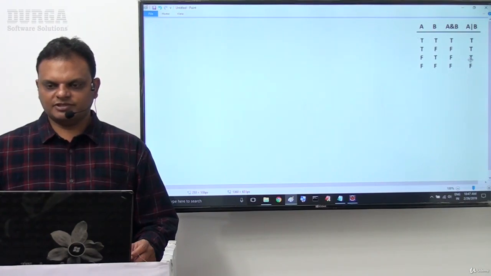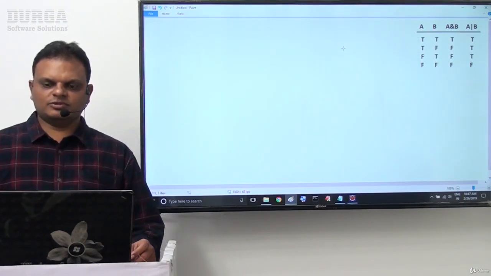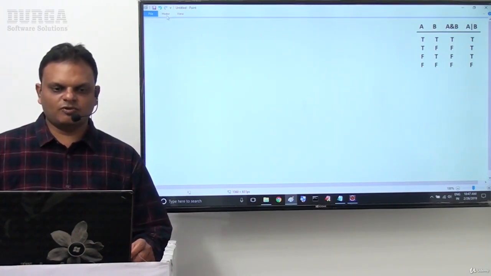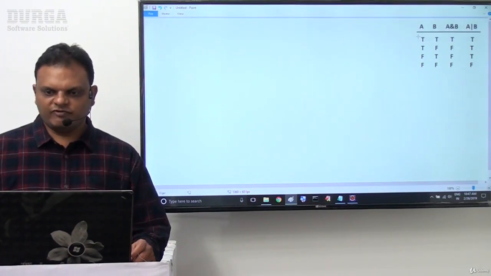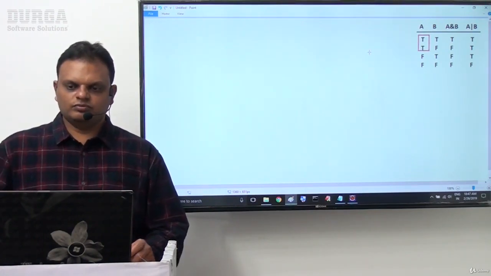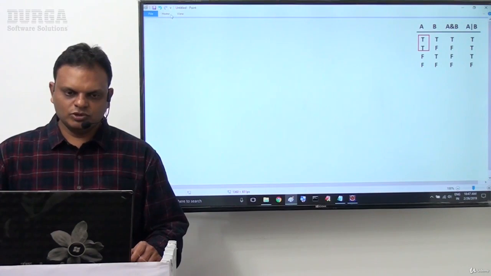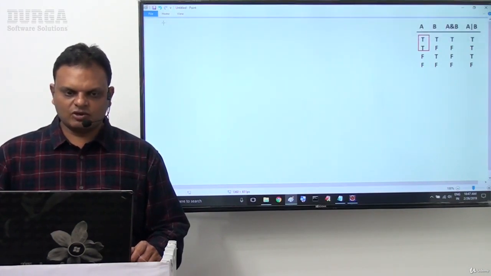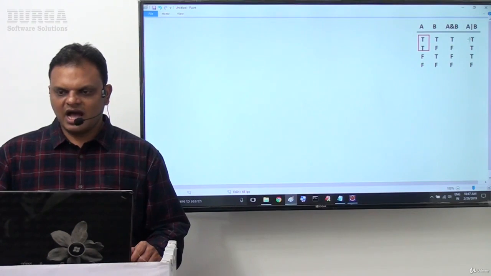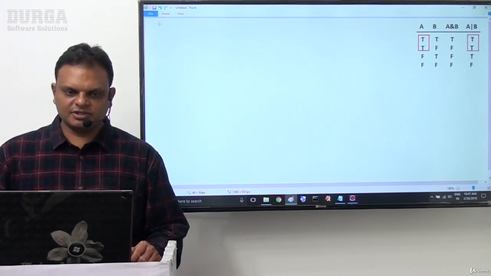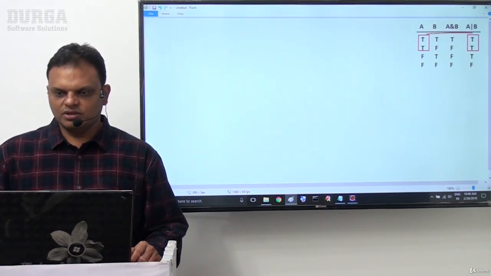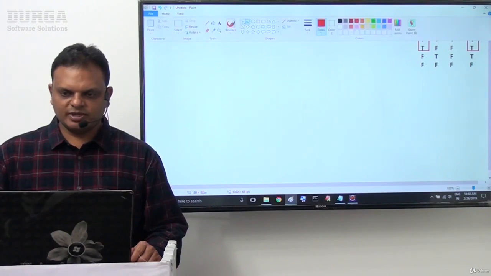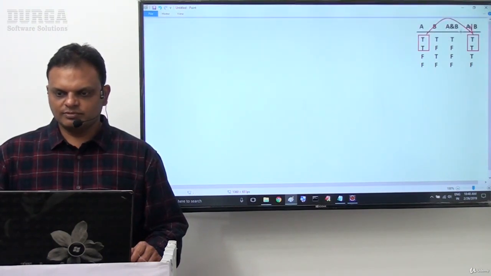Next, I want to give some shortcut mechanism over this truth table. Try to recognize this. For example, if the first operand value is true between A and B, there is no need to check the second operand. Directly we can conclude that the result of the OR operation is true. So it is a simple shortcut.